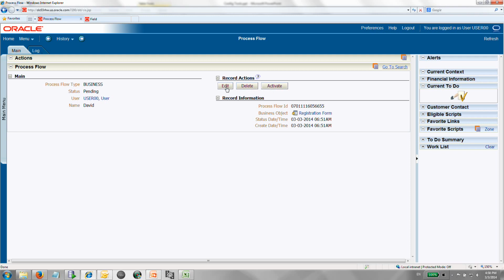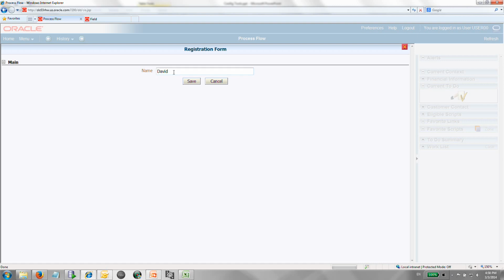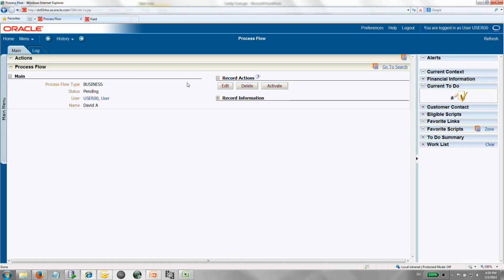Second thing it was doing, it was saying that if I have a state which status category is set to edit, then the edit button is shown. That means in this state I'm able to change my name, and I also have set that in the pending state the delete button is shown. And then I have the activate button as well. Now if I do activate,